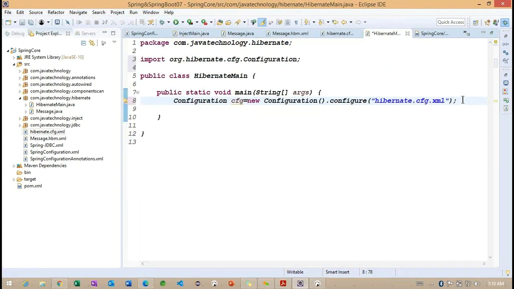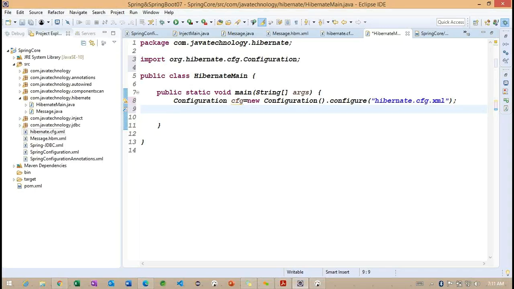Okay, now we are trying to load the configuration. After loading this configuration, what do we need to do? Using this Configuration object, we are going to load the SessionFactory. Each database is going to have one SessionFactory, and if the entire application contains only one database, we are going to create only one SessionFactory.